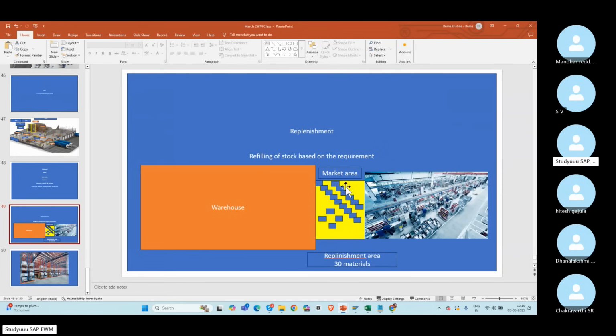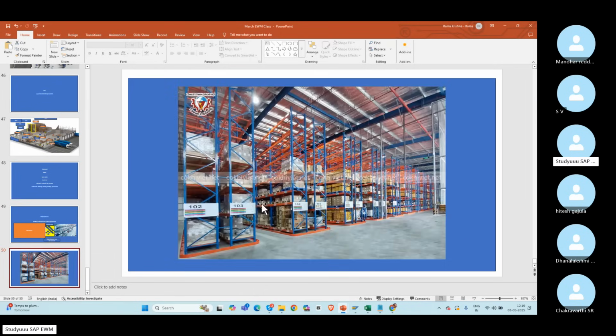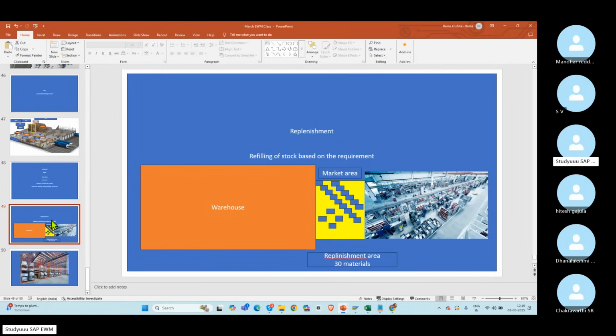Now, in the yellow area, I can store only a few products. Can you see? Maybe in each aisle, I can keep only one kind of material. Means I can keep only 30 materials in this location, approximately 30 different materials. Stock, I can keep some 400 pallets, approximately 400 to 500 pallets there. Now